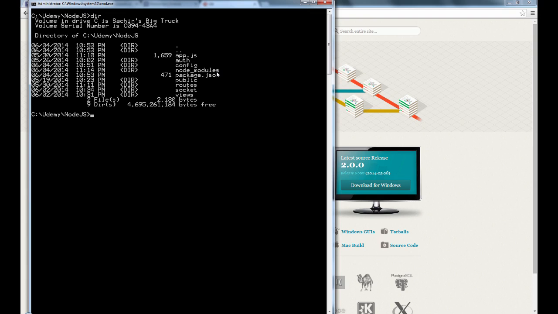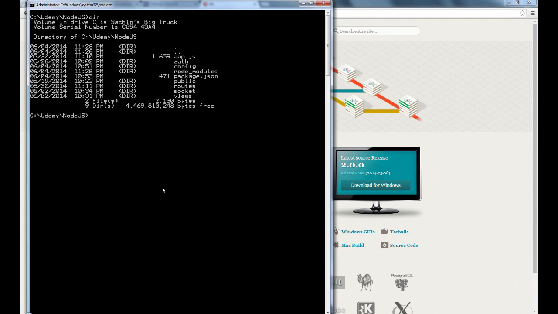We don't actually have to upload the contents of this folder to Heroku, because all these dependencies are mentioned in the package.json. When we deploy the app, Heroku will directly install all these dependencies in its repository. So to prevent the upload of this folder, we'll create a file in the project root called .gitignore.